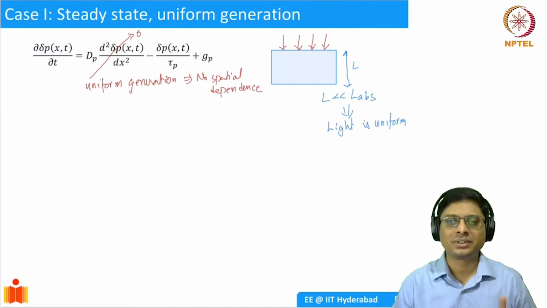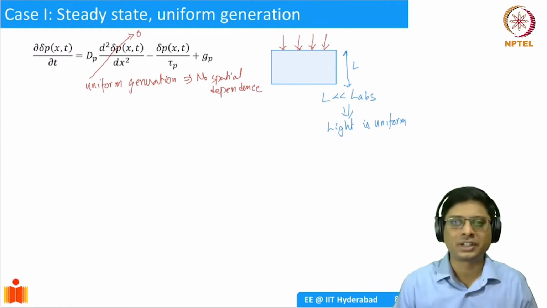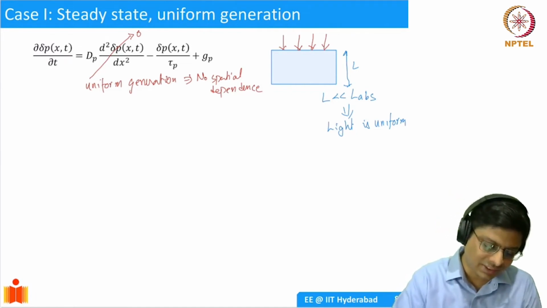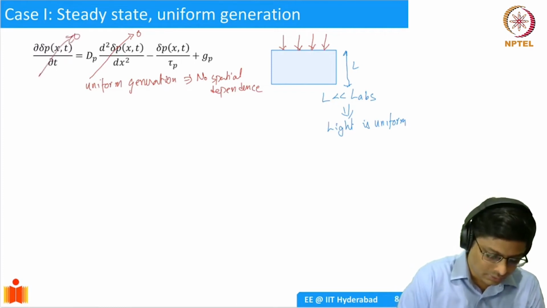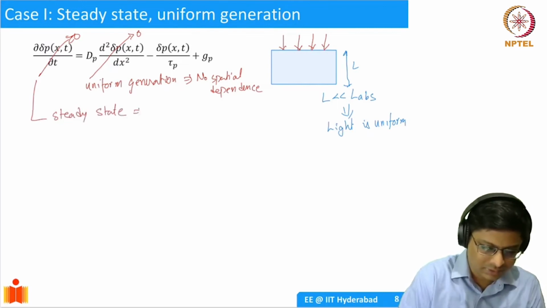So a certain steady value of electron hole pairs is reached, and that's why we say it is steady state. So essentially there is no change with respect to time. Steady state implies no time dependence